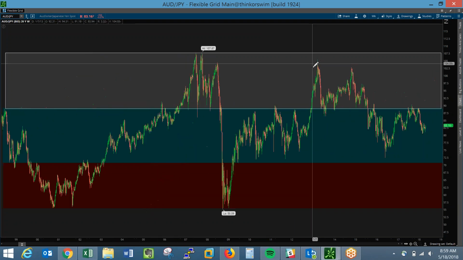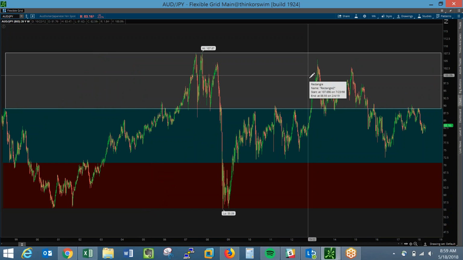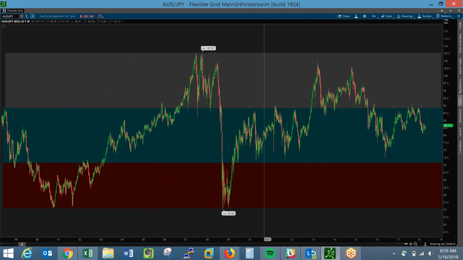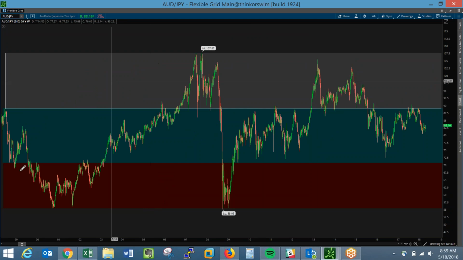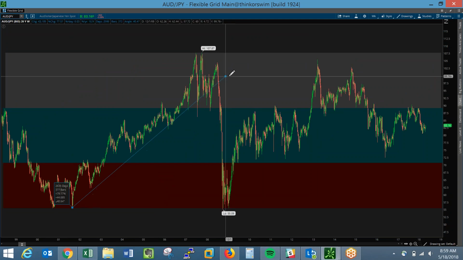And so you can see that we're giving ourselves essentially support and resistance, but we're identifying ranges on the larger scale. And that's important, right? So identifying ranges like this and identifying various market structure is important, because what you're able to do now is you're able to go through and give yourself